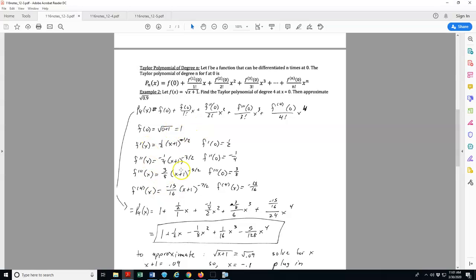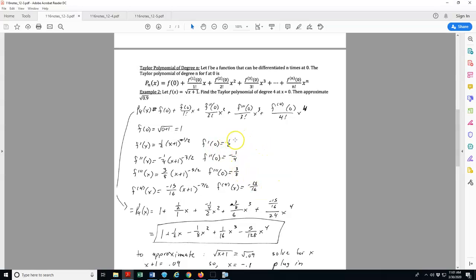So what I then did is I found my first, second, third, and fourth derivatives. You'll notice I rewrote so that I could do it with a chain rule. The derivative of the inside is always going to be 1 to make life a little easier. And then once I had the derivative, I plugged in x equals 0 so that I could